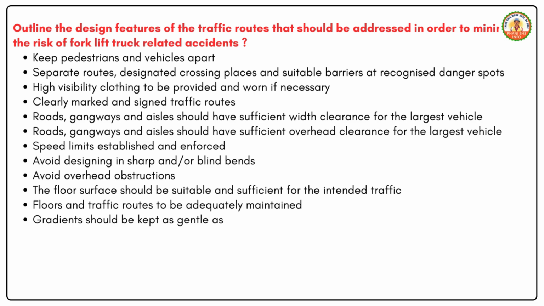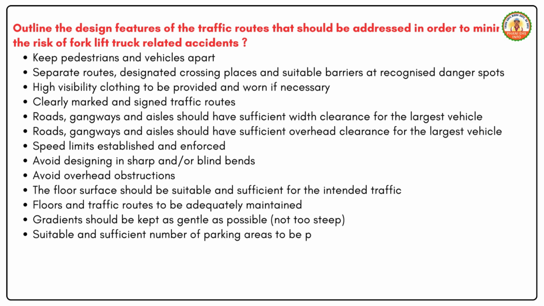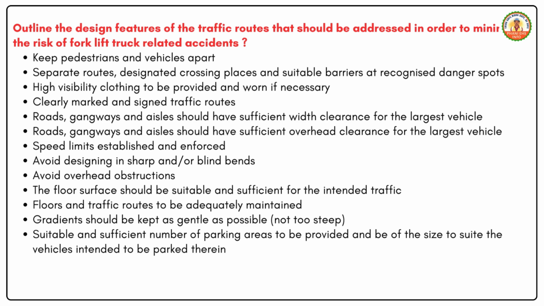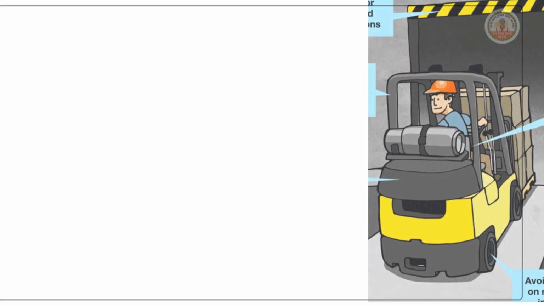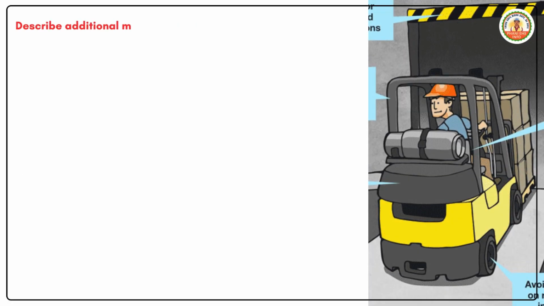Gradients should be kept as gentle as possible, not too steep. Suitable and sufficient number of parking areas to be provided and be of the size to suit the vehicles intended to be parked therein. Avoid reversing if possible. Make people aware of the movement of vehicles. Describe additional measures that need to be taken to protect pedestrians from the risk of being struck by a forklift